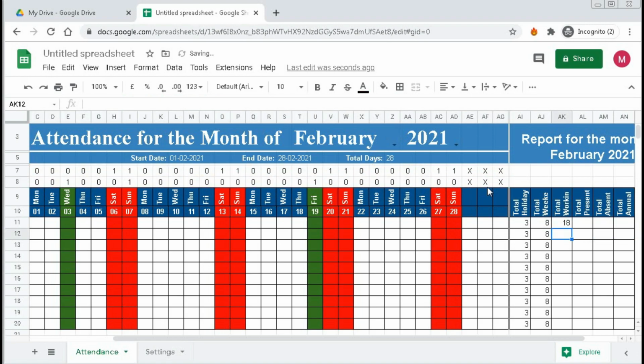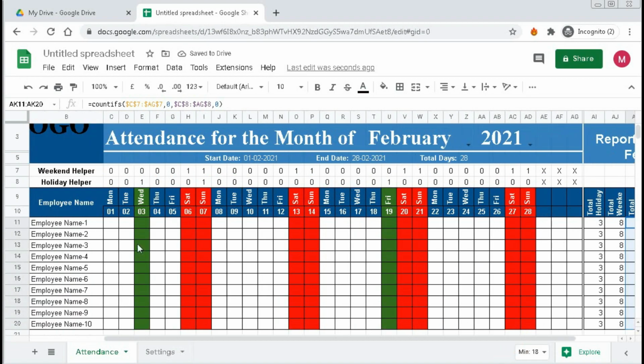So we have 18 working days. So drag this till the end. You can see here 1, 2, 3, 4, 5, 6, 7, 8, 9, 10, 11, 12, 13, 14, 15, 16, 17, 18. So we have 18 working days.